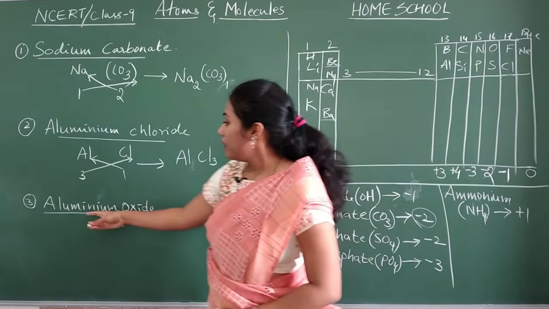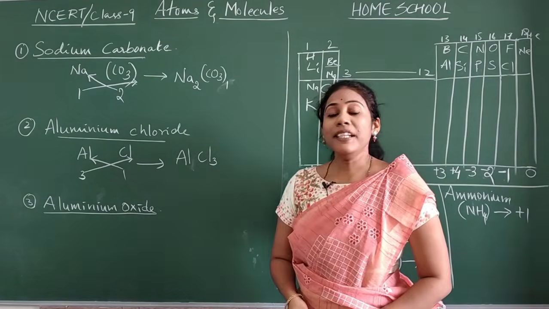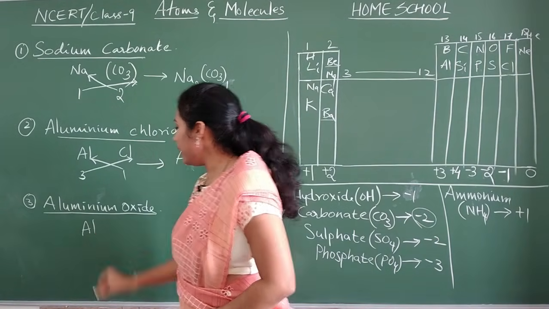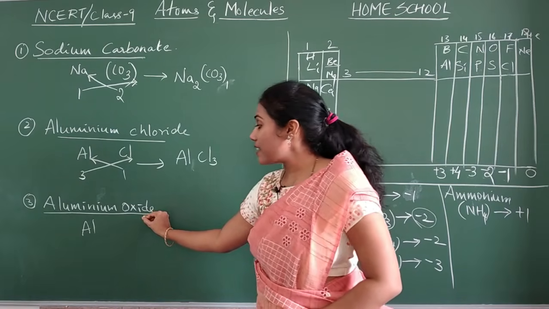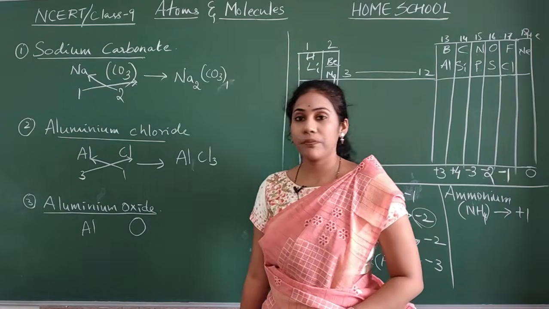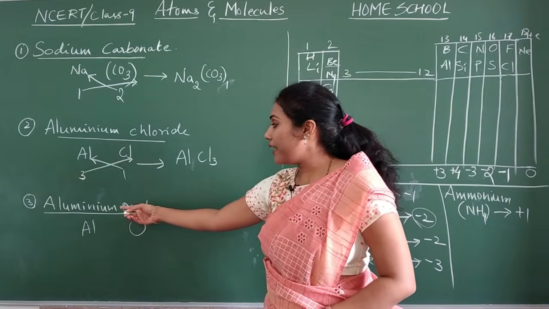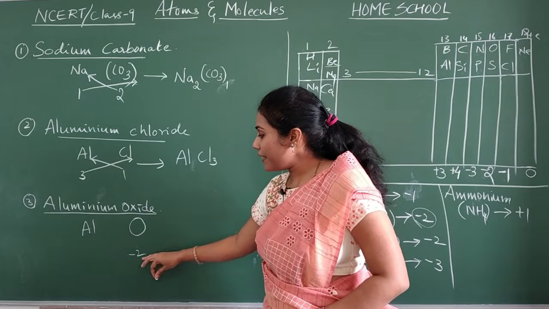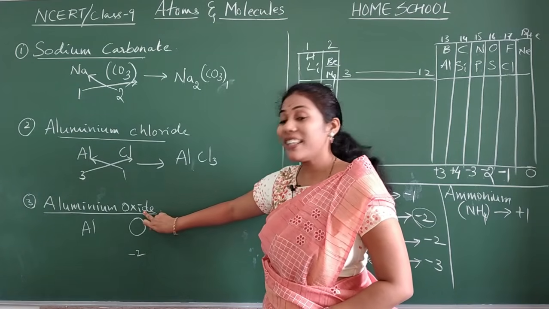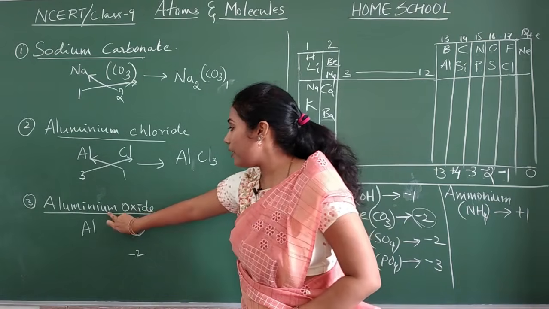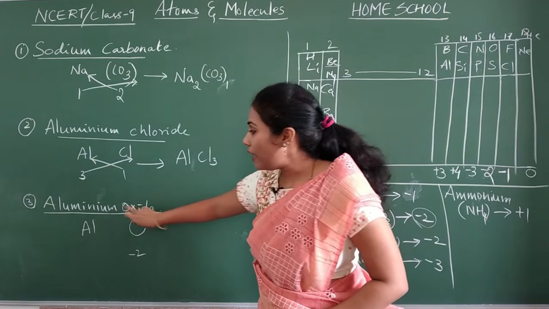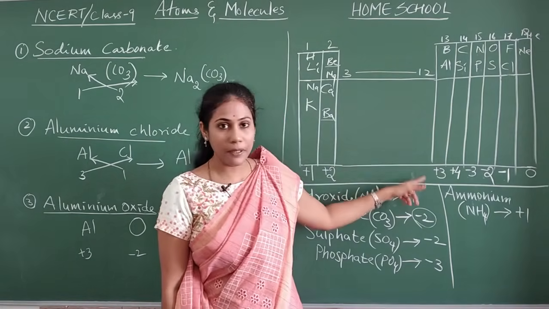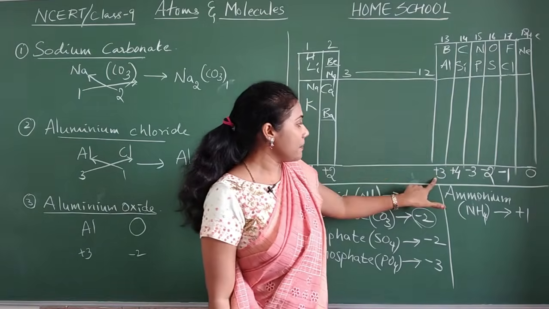Fine. Coming to the third example, aluminium oxide. Same story, aluminium, symbol Al. Oxide. Oxide means it is oxygen. Okay. Oxygen is a negative guy. Yes or no? Oxygen valency is -2. So whenever an element has a negative valency, its name should end with IDE, I told. We don't write it as aluminium oxygen. Okay. Aluminium is a positive guy. Its valency is +3. Isn't it? You can check it in a table. Aluminium is coming here. Valency +3.